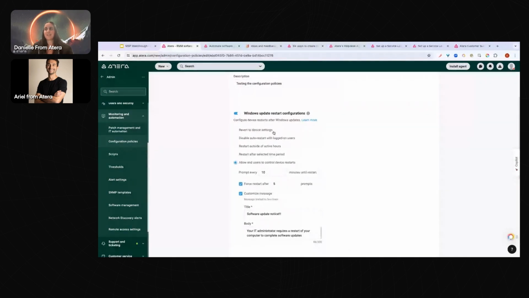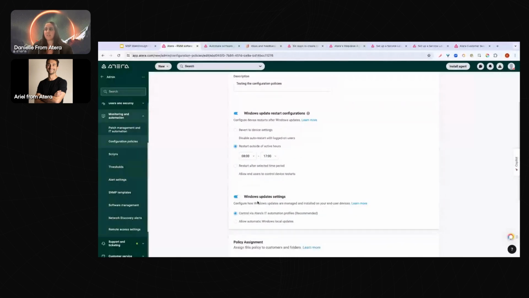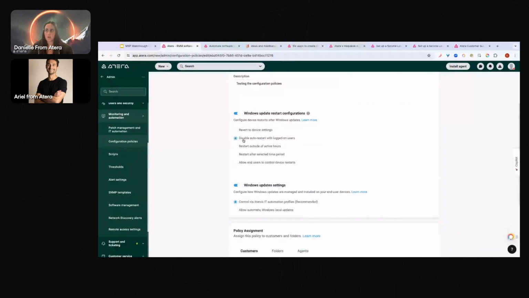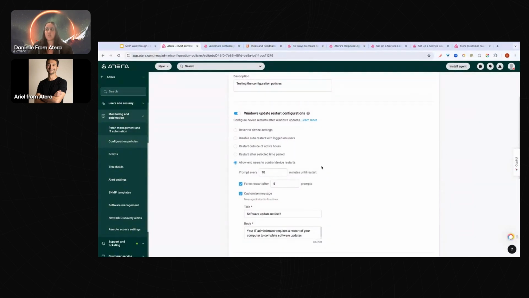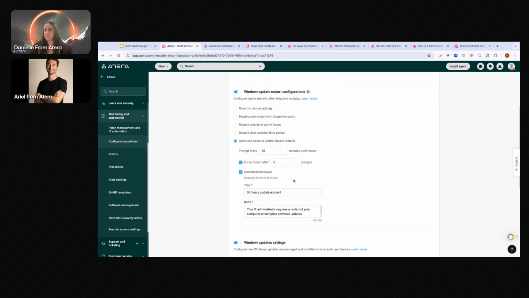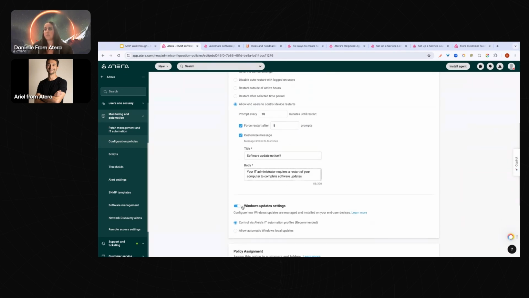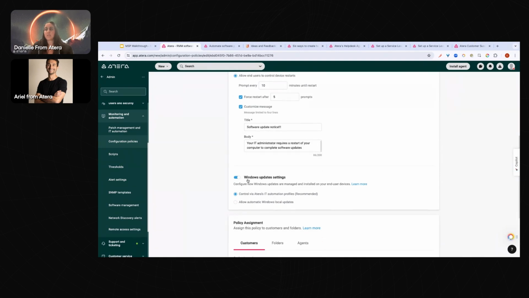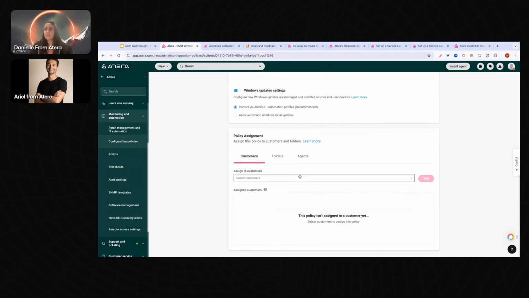Okay, so instead of it kicking in immediately for those patches to be installed, you can choose that the restart will happen outside of active hours. You can disable this auto restart if there are any logged on users. You can even allow your end users to control when the device restarts. You can prompt them every however many minutes, force restart after however many prompts, and even customize a message to your end users. You also have control over the Windows update settings,